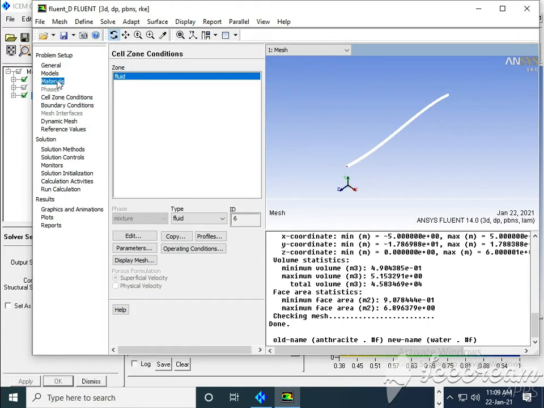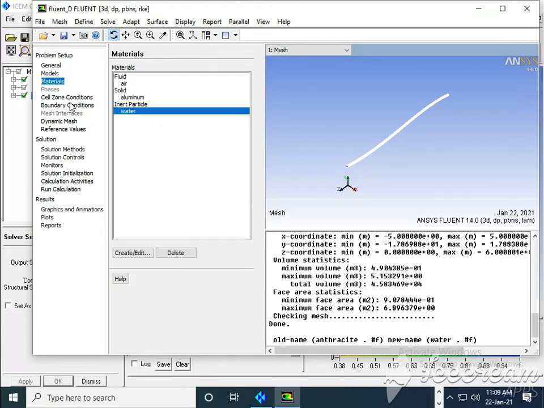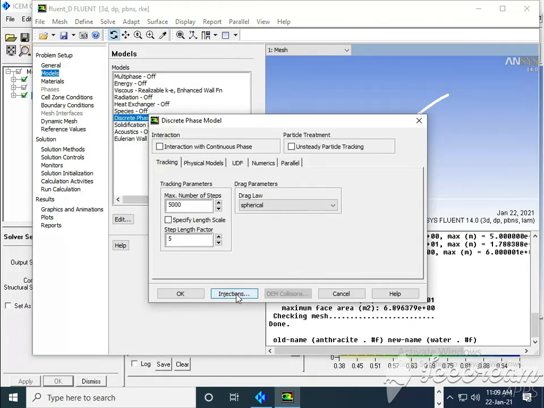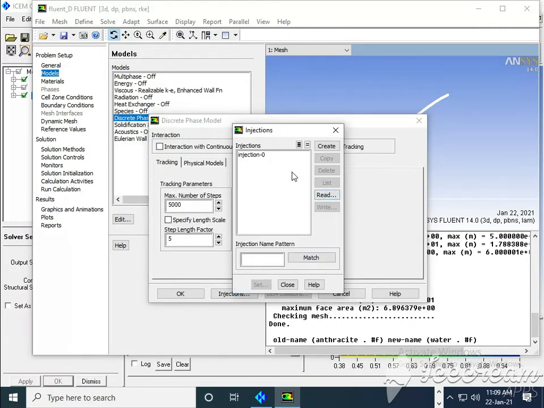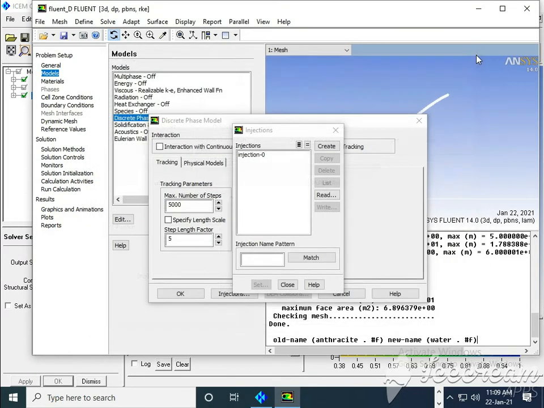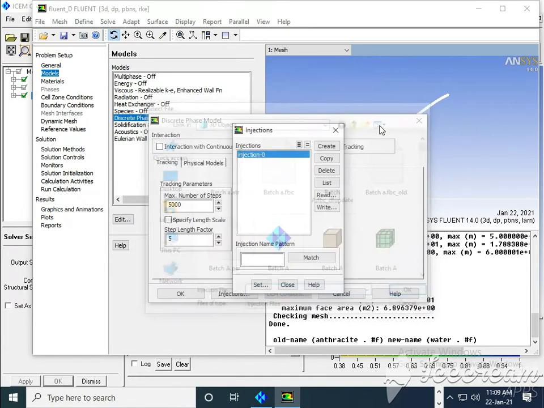Anything remaining, I am just checking. I will again check the discrete phase model injection, whether something is there or not. Create, not required, already I have created one. Read it, sorry.